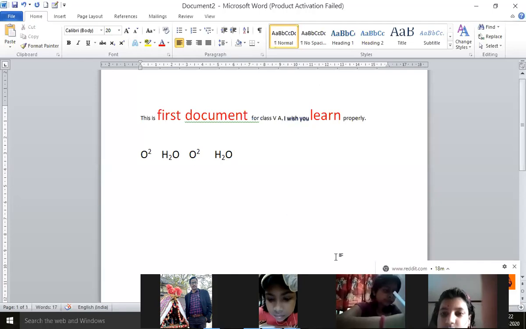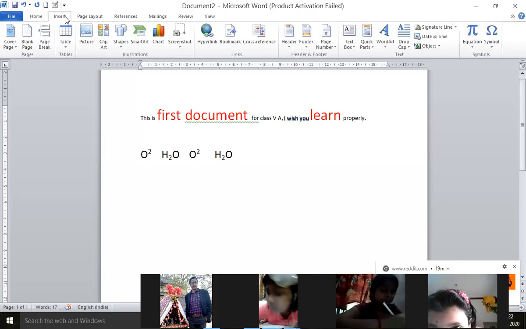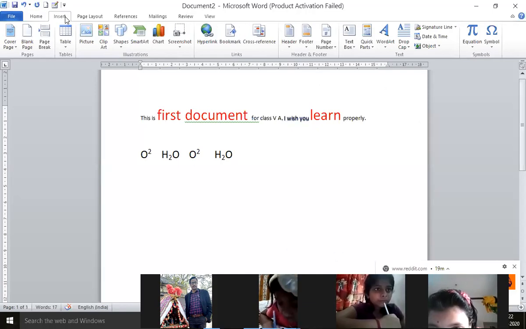This is what exactly is called shadow effect. Now I will be applying the border of this one. How to apply the border, I will show you. First of all, I will go to the headers and footers.